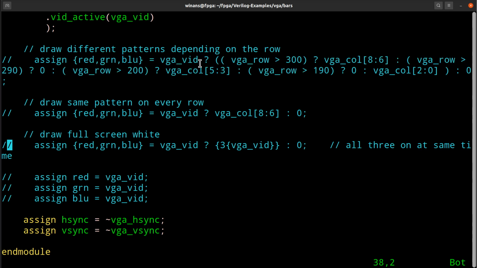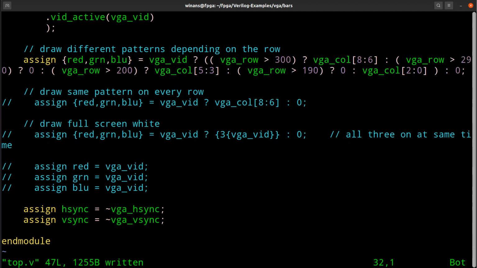This is a great example of a priority encoder, and I'm sure if we look at the compiler output when this runs, it depends how much it optimizes the design, or how good of a job the compiler can actually do, but this is probably going to run a little bit slower due to the way I designed this, which is, I mean, I admit, this is hard to read. I'm an idiot. I shouldn't have done that. Look what we got here. If the VGA vid is on,